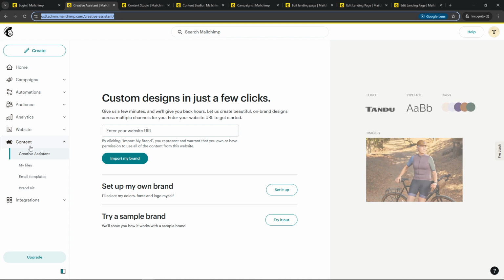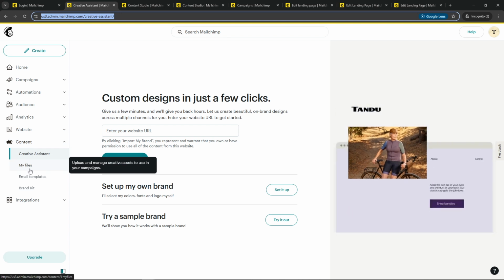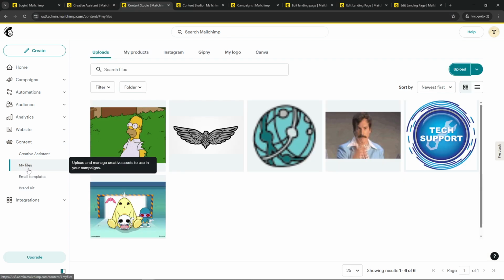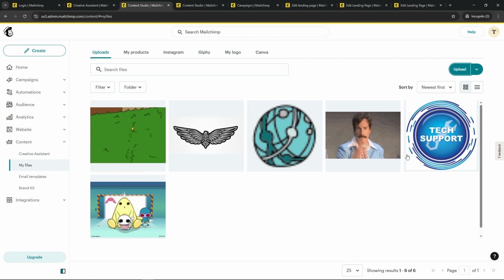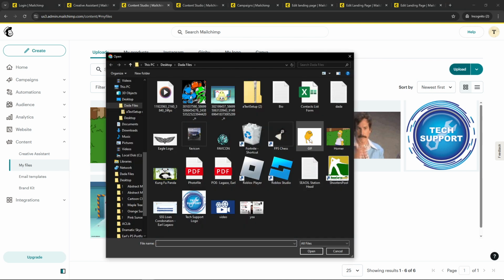When you're in the Content Studio, the next step is to select My Files. This area will show all the files you've previously uploaded, and it's also where we'll upload your new file. Just look for the upload button, give it a click, and choose the file you want to share from your computer. This process uploads your file to Mailchimp, effectively storing it in the cloud so you can easily share it